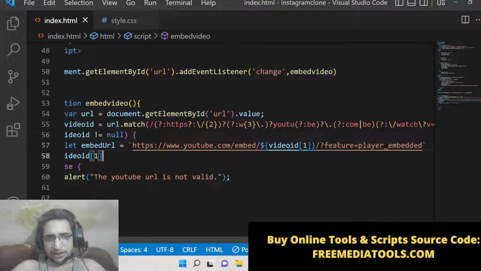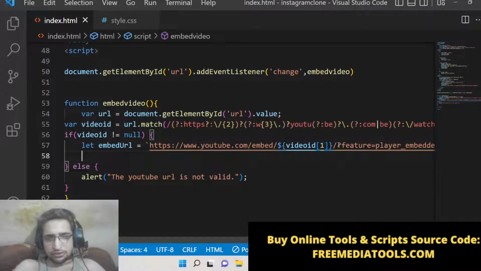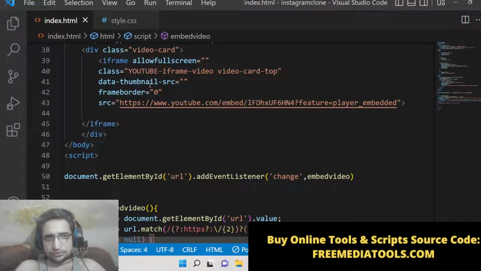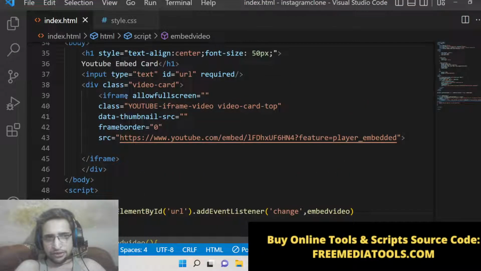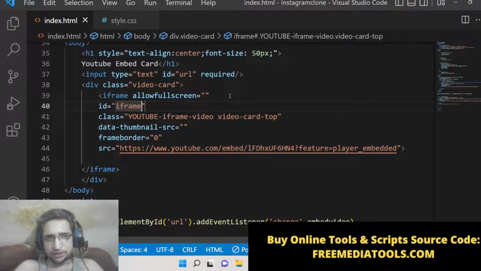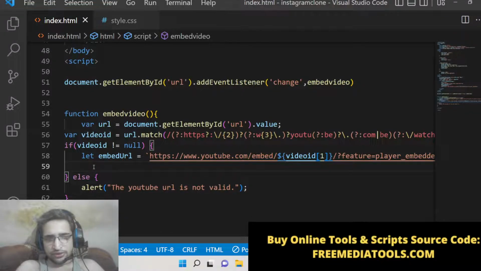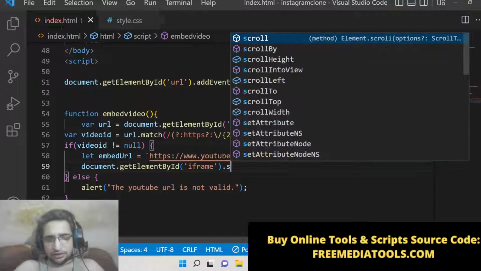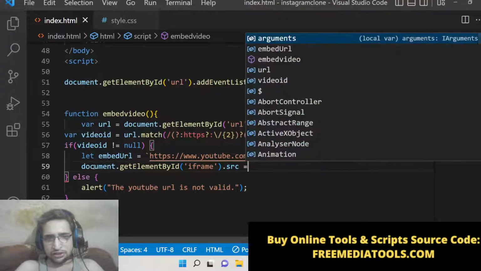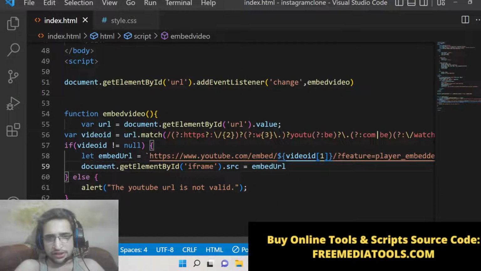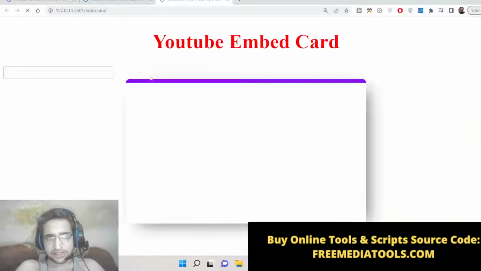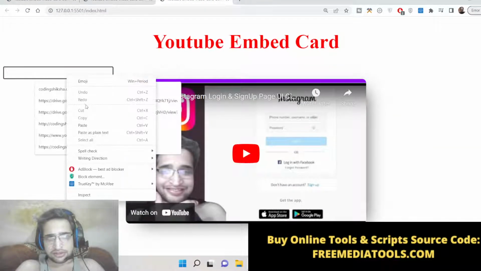So that's it, guys. After this we simply need to dynamically put the iframe, change the iframe URL. So what we can do is provide an ID to it, iframe. Then document.getElementById iframe, and we can change the source property to this embed URL. That's it. So now what will happen, guys, now if I paste this link,